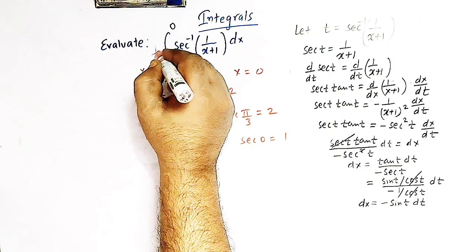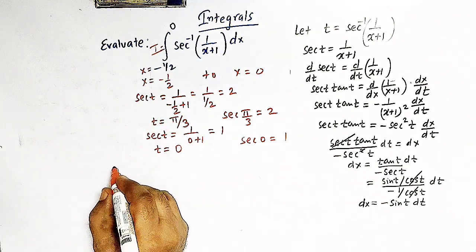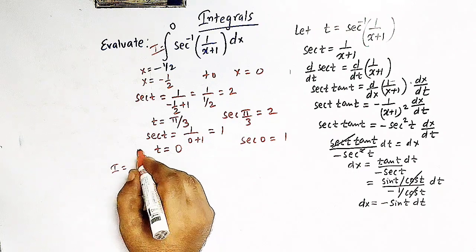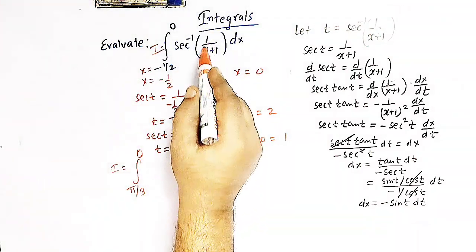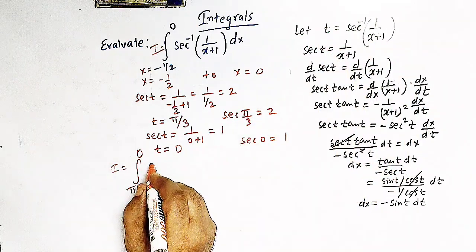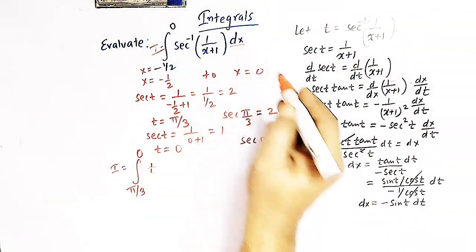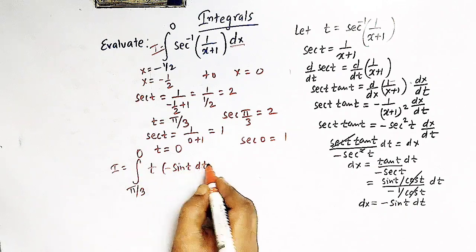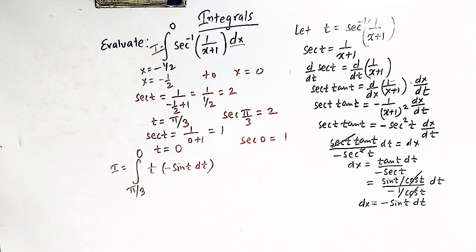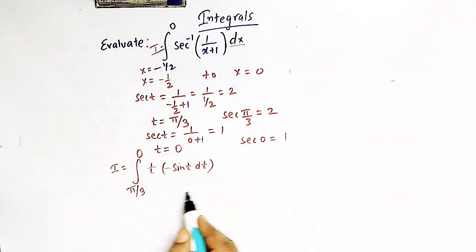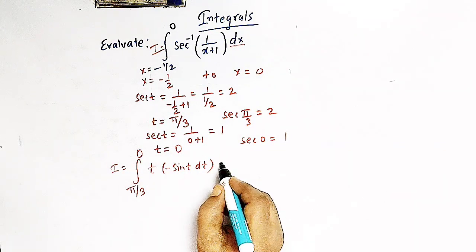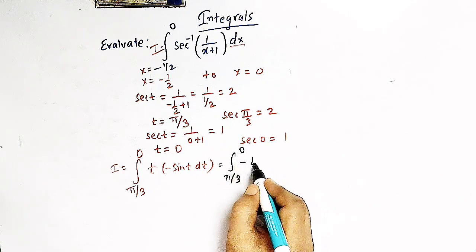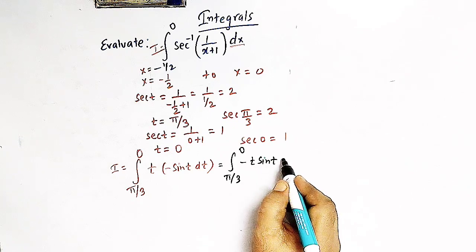So now let us take this integral as I. So I can be written as the integral from pi by 3 to 0, and secant inverse of 1 over x plus 1 is t. So here we can write t, and for dx we can write minus sine t dt. So now we have to evaluate this integral. So we can now write the integral from pi by 3 to 0 of minus t sine t dt,